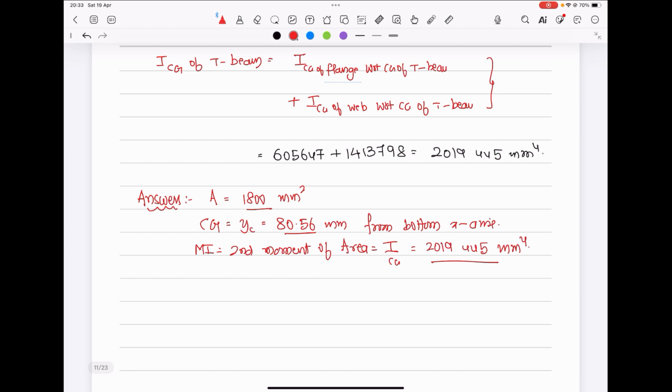Once we get the centroid of the combined area, the y coordinate, with the x-axis put at the bottom, then find out the second moment of area for the combined area by using the parallel axis theorem